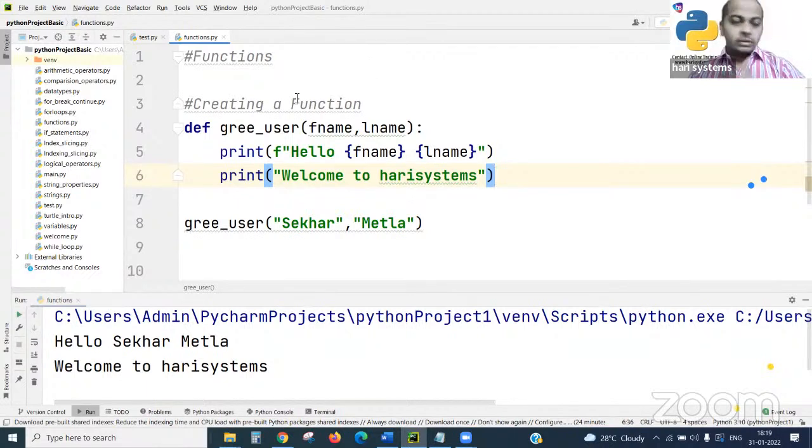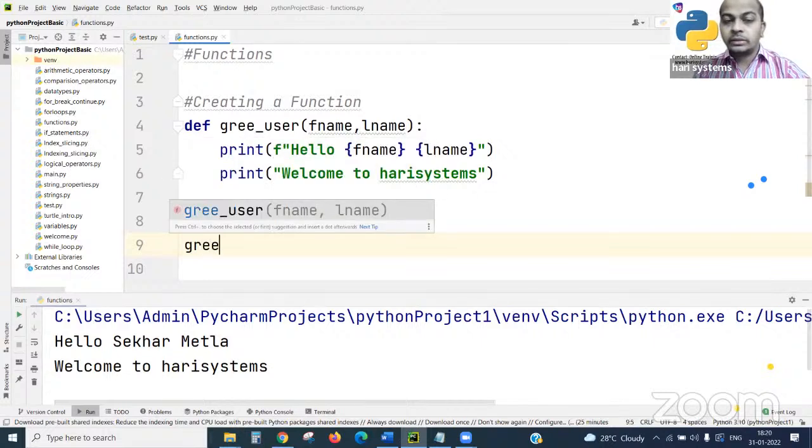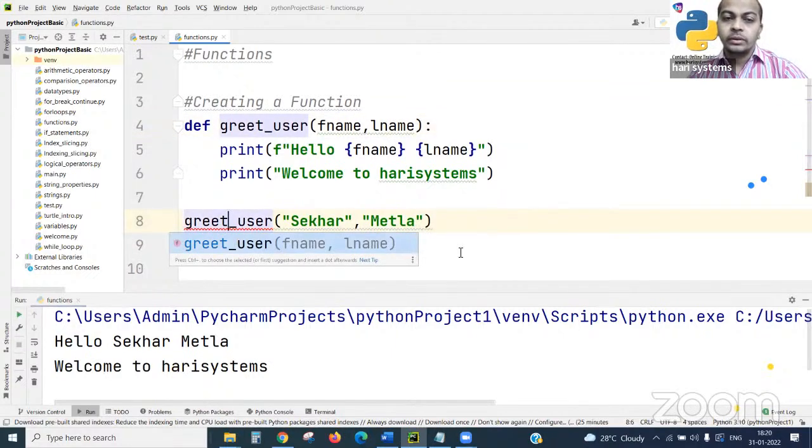Let's see. Here, I'm going to call the same function with different names. Sorry, it's greet_user.